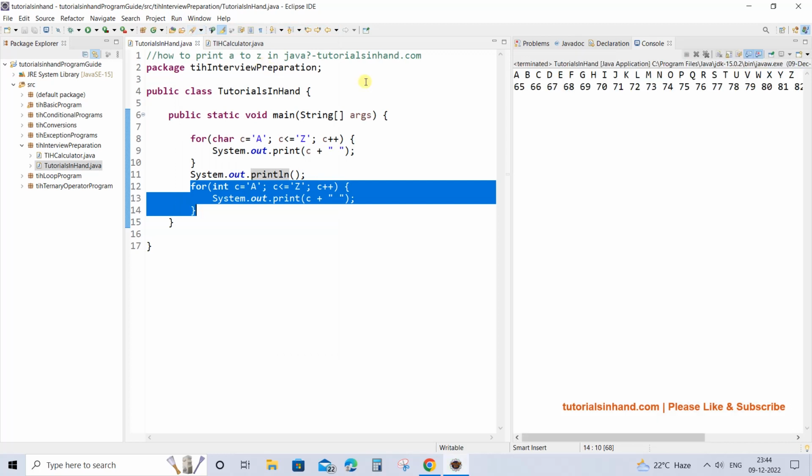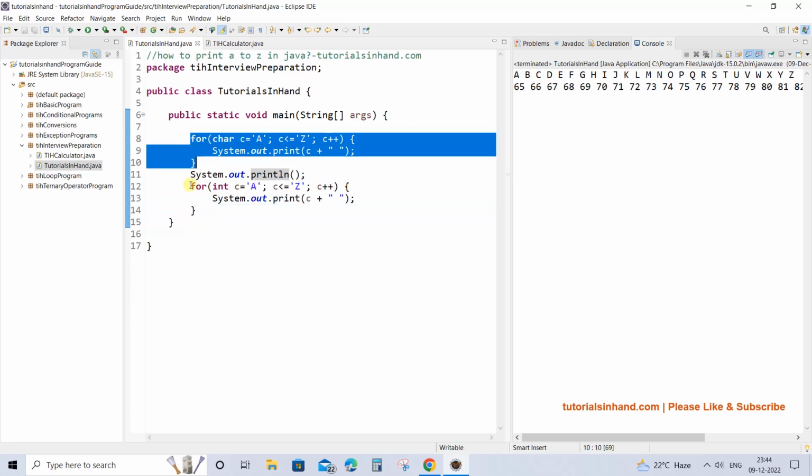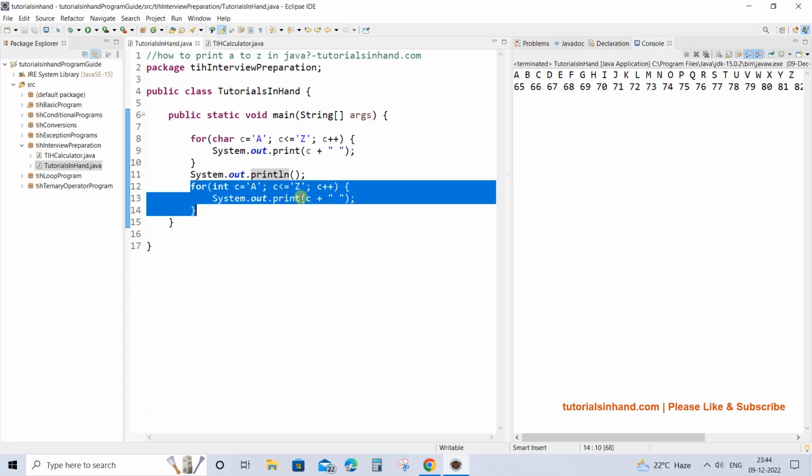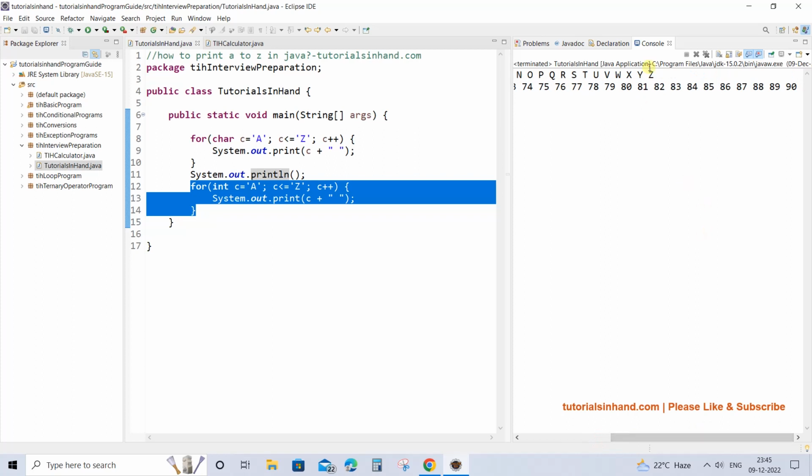Execute again, and now you can see that here we are printing simply from A to Z, and here we are printing the ASCII value of each character because we are converting it to integer type. For A the ASCII value is 65, for B it is 66, for C it is 67, and so on. If you go on till Z, you will see that the ASCII value for Z is 90.